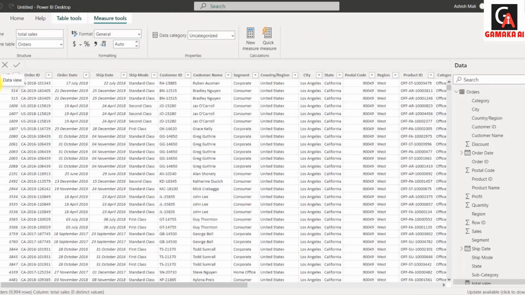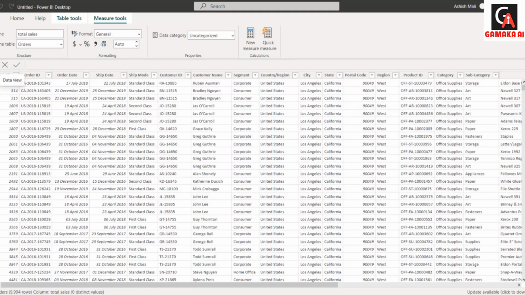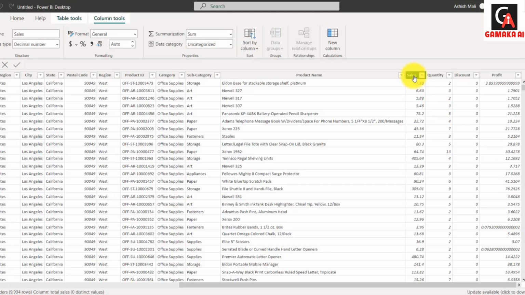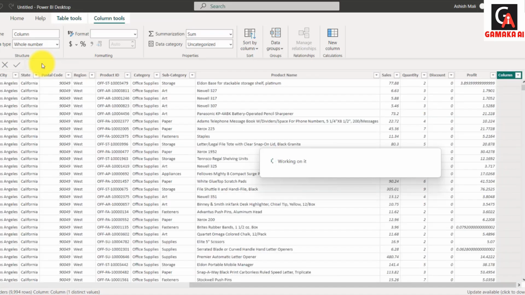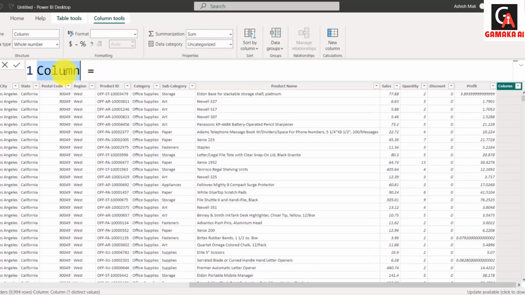On the other hand, you can calculate a column by using another column in the table view. Let's say I want to create a new column based on sales. Suppose the sales were increased by 20%, I'll increase the value of the sales column by 20%. I'll create a new column, and in the formula bar you can see you have to write the DAX expression. I'll quickly zoom in and name it new sales, something like that.